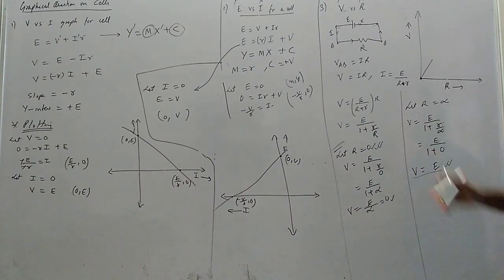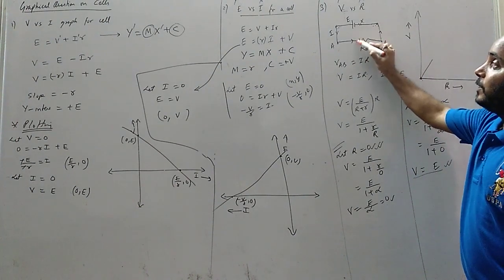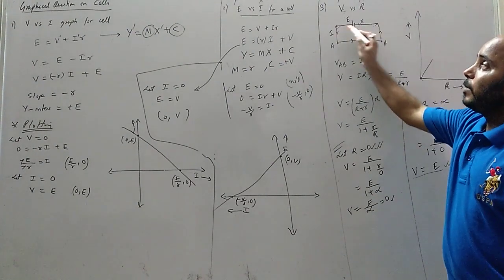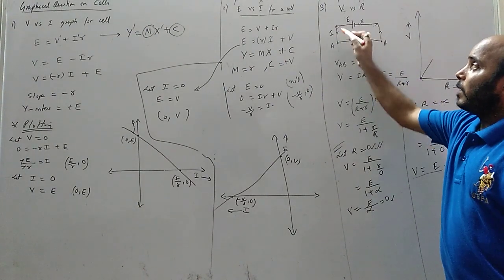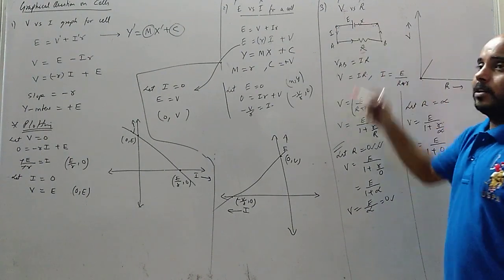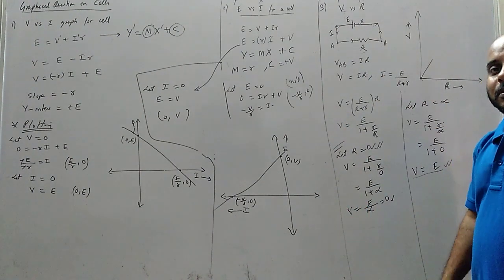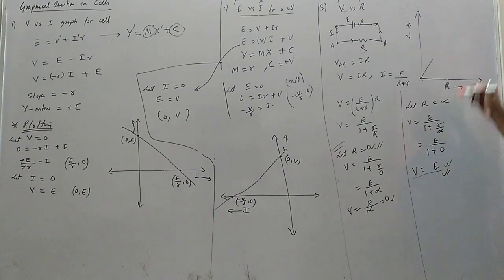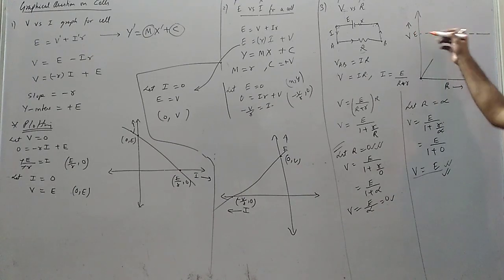ओके, देखो आप ध्यान से सुनना, this is actually the theory. When we make r infinity, that means no current is coming out. When no current is coming out, what is the potential difference across the cell? We already know it is EMF. वही तो आ गया। So what will happen? जब मैं ये ऐसे जाएगा, it becomes parallel to the line. That line is EMF. This is the EMF value.